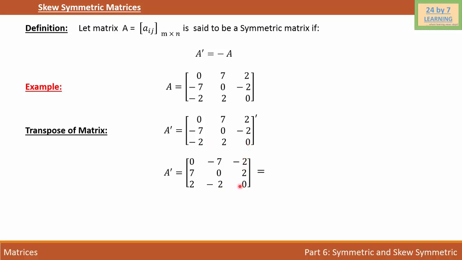As you can see, that is equal to the negative of this matrix. This negative is taken out over here. Negative 2 was also negative, so it's right here. In the same way, when we take the negative out, we'll get a negative outside and only this matrix is left over. If you look closely, you will find out that this is exactly the matrix A. So A dash is equal to the negative of matrix A.